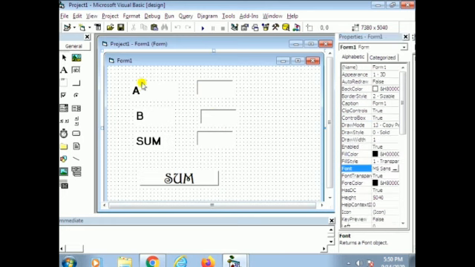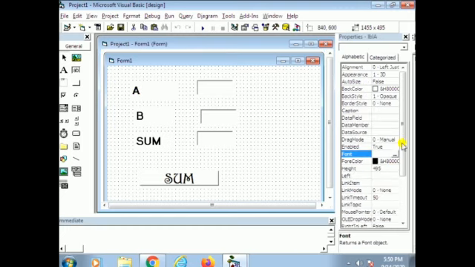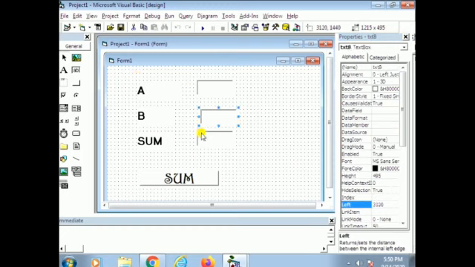Now I want to set all the labels in the same column, and all the text boxes in the same column. So select the 3 labels and set the common properties. What are they? The first is left, because using this left property we can move these 3 controls towards the right from the left to the same place.